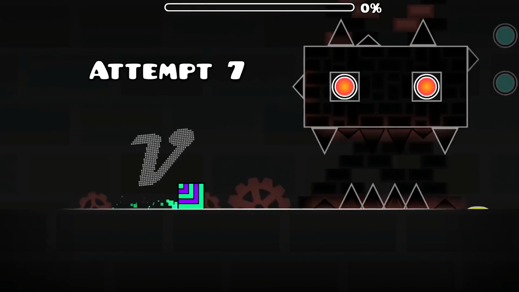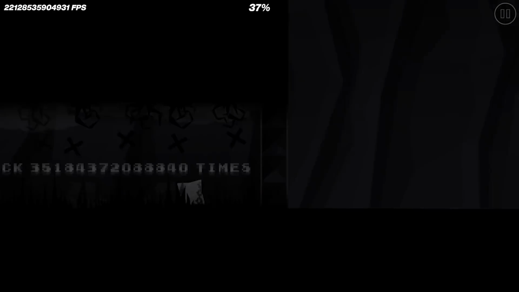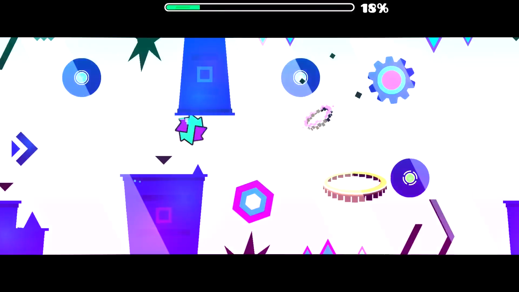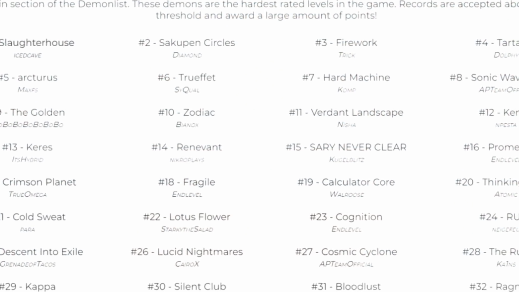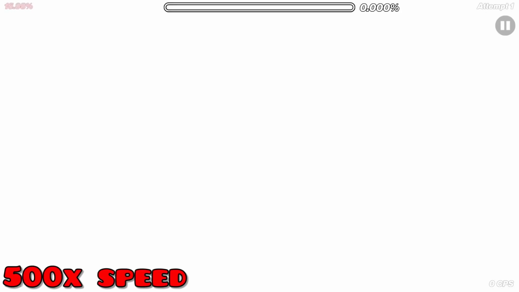When I say, what is the hardest level in Geometry Dash? You guys probably will respond with some impossible level where you need to click 8 bazillion clicks in order to beat it. I thought the same thing until recently. I got recommended a level that nobody will ever beat, no matter how hard they try. This level, called Emptiness, is created by PillarNum and is harder than every level in the entire game, not because of the extreme gameplay, but because of the length. You see, this level is more than a quadrillion hours long, being the longest level in the entire game. Even with speed hacks set to max, you wouldn't be able to verify this level before you die.